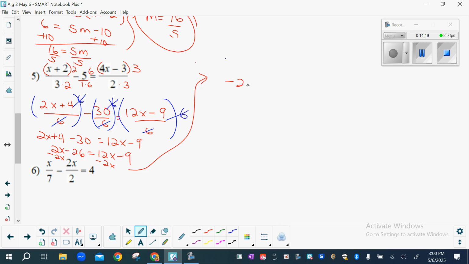So negative 26 is 10x minus 9. And the last two steps. Yep. And we get negative 17 is 10x. And we get x equals negative 17